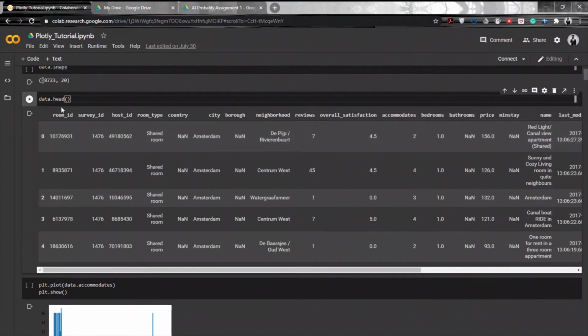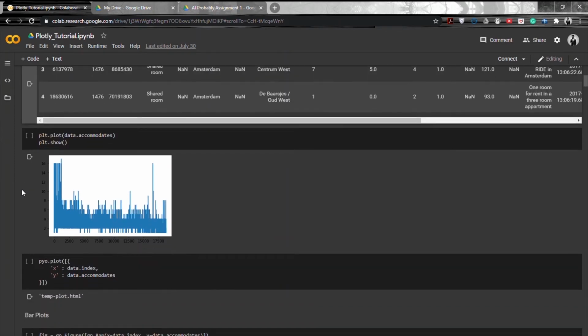It has room ID, survey ID, host ID, room type, country, city, borough, neighborhood, reviews, overall satisfaction, accommodates, bedroom, bathroom, price. So we'll be focusing more on reviews, overall satisfaction, number of accommodates and price.